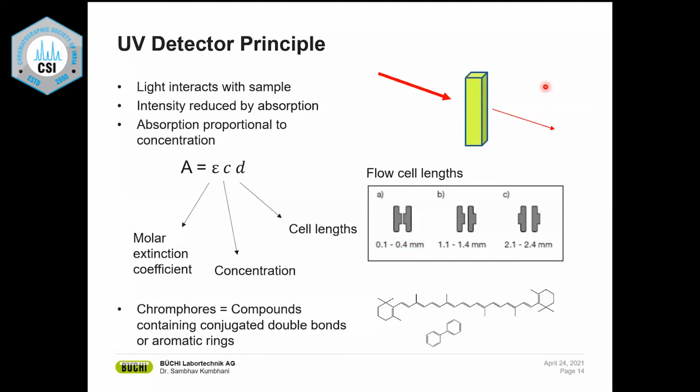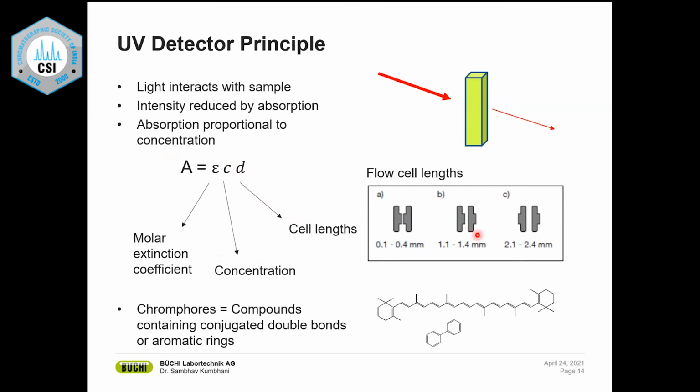I'm sure all of you know all this, that you have UV light that enters your sample. Your sample absorbs some of that UV light, and the difference in intensity, I over I naught, will give you your absorbance. In terms of Beer-Lambert's law, it's molar absorptivity times concentration times your path length. By playing around with any one of these parameters, either your concentration or path length, you can adjust the